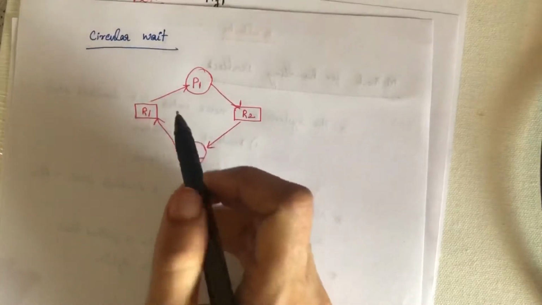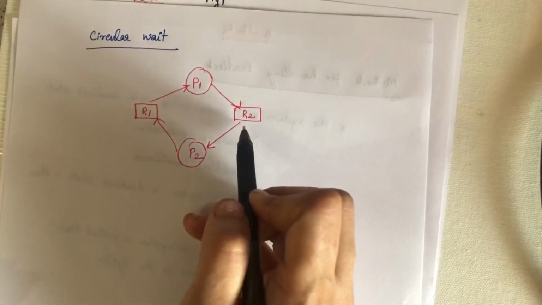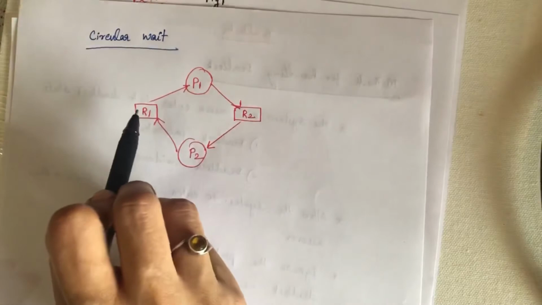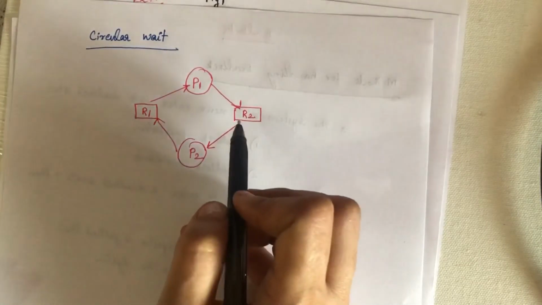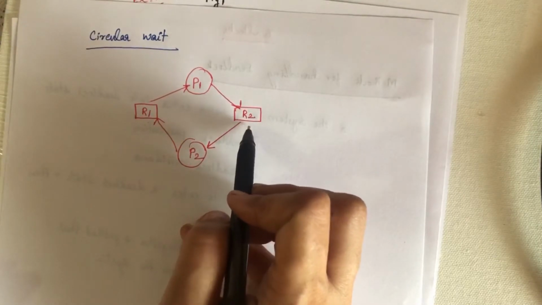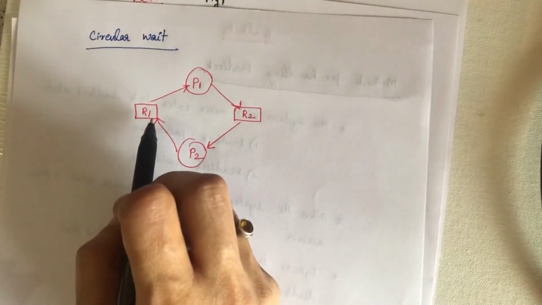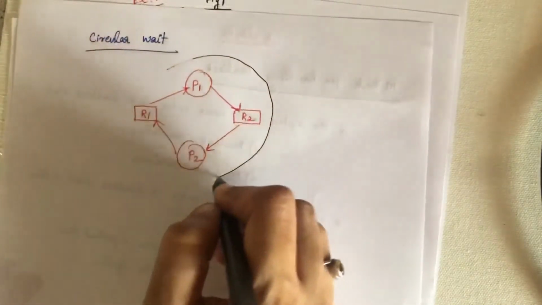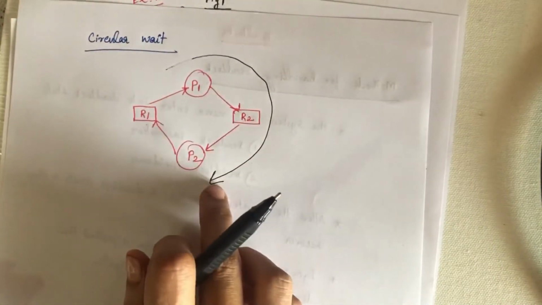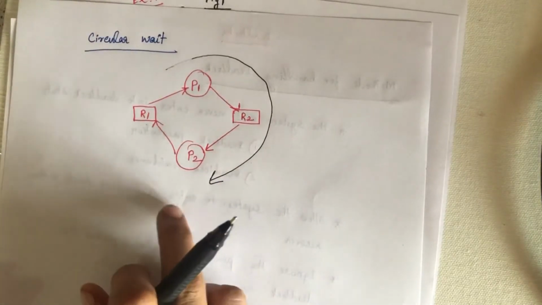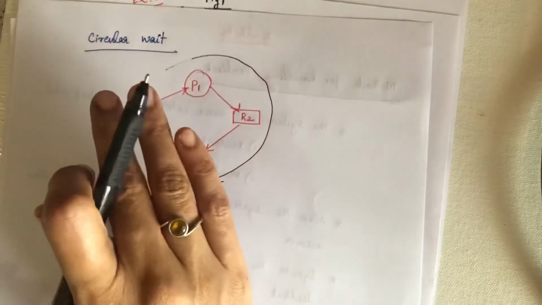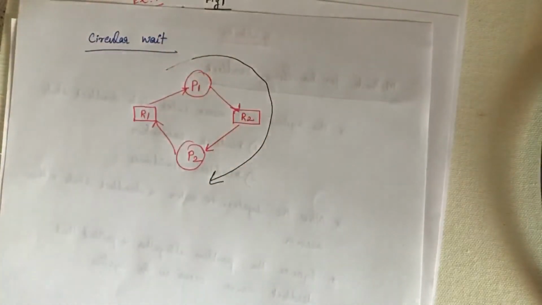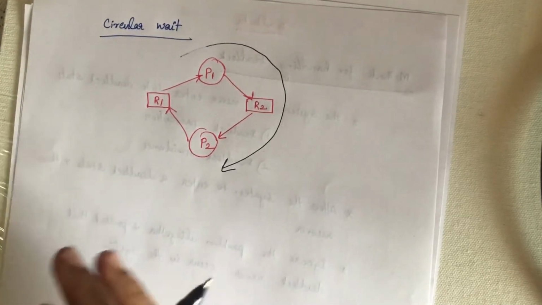Consider a situation where process P1 is requesting resource R2, but it holds R1 in hand. Likewise, process P2 is holding R2 in hand, but it is requesting R1. So this condition executes in a circular manner, and it is called the circular wait condition. If we try to avoid this type of condition, the circular wait condition in the system, then we can also prevent deadlock. For this, we are going to assign a protocol.